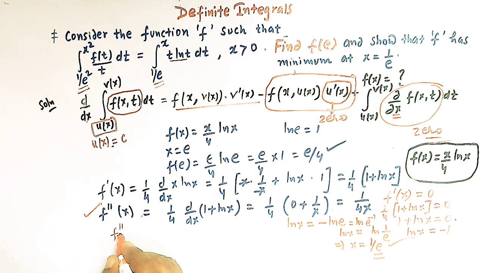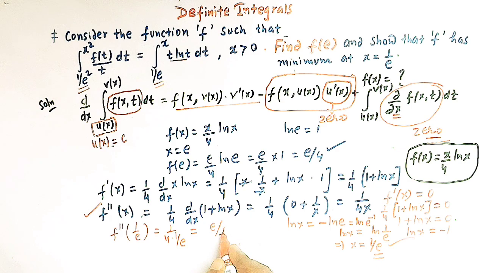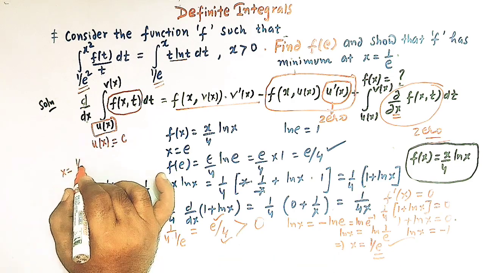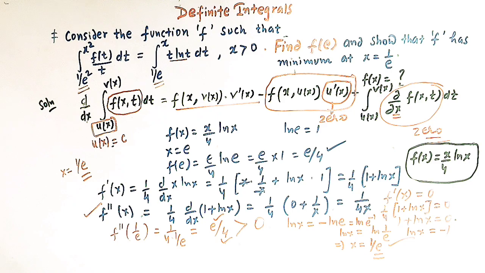So we have f double prime of 1 over e is equal to 1 over 4 times 1 over e. So this is e over 4. So e is positive, 4 is positive, so the second order derivative is greater than 0, right? So when the second order derivative is positive, then the function is said to have a minimum, right? So we can see that x is equal to 1 over e is a point of minima,